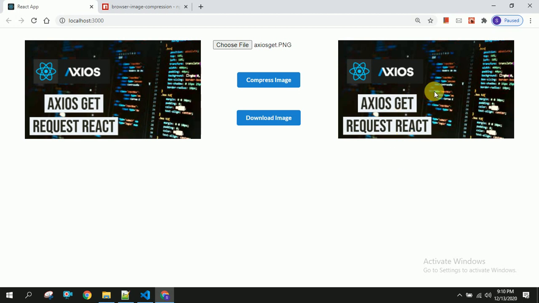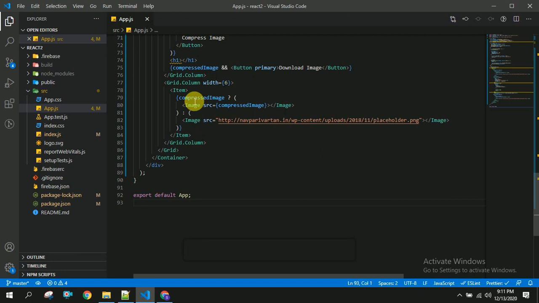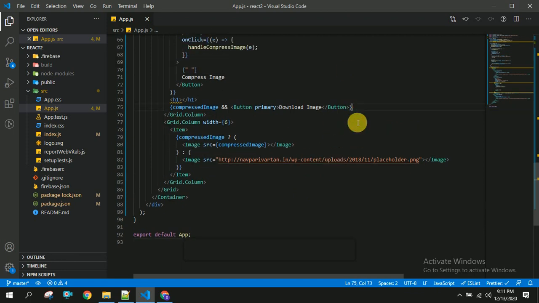And once we are able to see this compressed image, only then we are able to see the download image button. So we are going to write some code in this download image button now. So let us see how to write that. So let's head back to our Visual Studio Code, and we are going to this download image button.